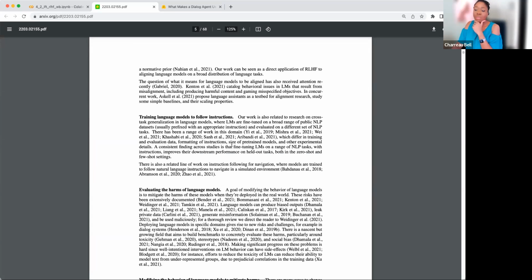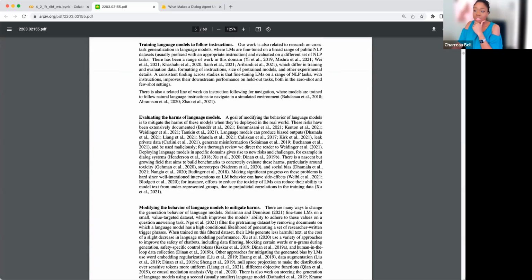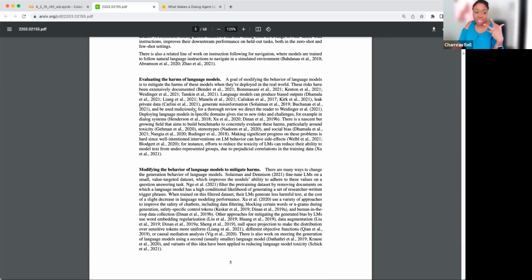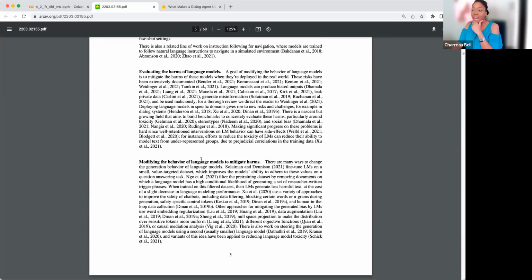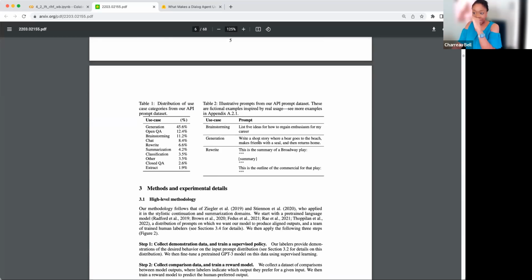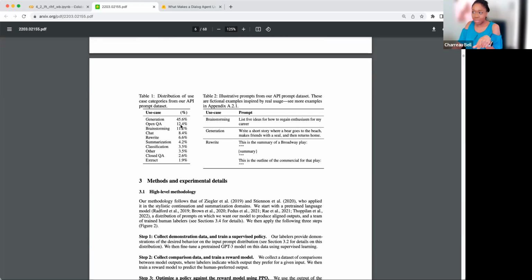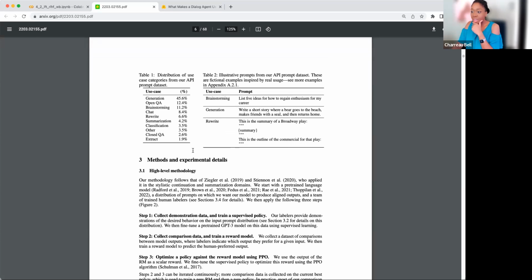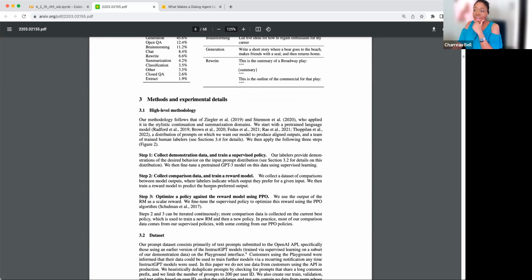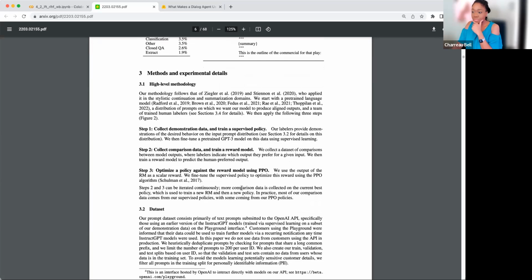This talks more in depth about training language models. This talks about harms, which is very interesting in terms of things for us to think about as we are creating language models and how we can fix those things. This is also talking about the composition of their data sets. So if you're thinking about creating your data set, then you might want to look at this in the context of the performance of the models that we see. Again, here is how they have described what they have done.